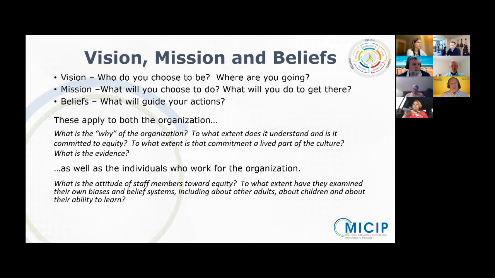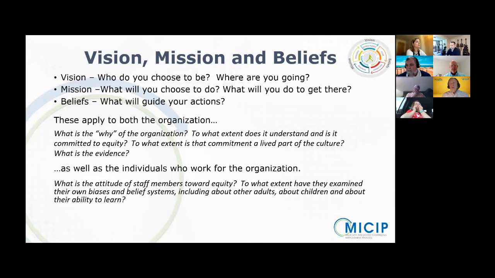The other thing that's really critical for all of this work is not just to describe it, but really to identify: what is the evidence that it's either there or it's not there? And this also becomes part of the evidence when we're actually working in the MICIP process as well. As we will see in just a minute, when we're talking about assessed needs, it's not just assessed needs in terms of the whole child needs, but it's also organizational in terms of this equity piece.